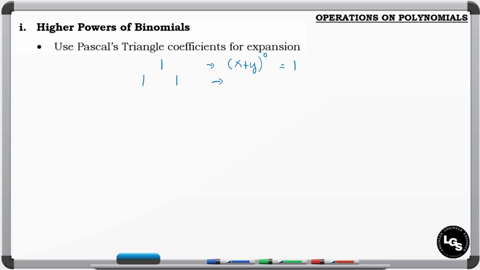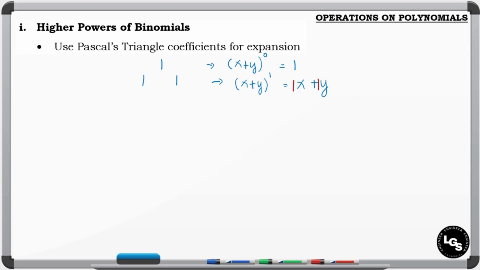So for this second layer, this is for a binomial with an exponent equal to 1. So if we distribute the exponent or if we expand this, this is also equal to x plus y. So if you will see, x has an imaginary coefficient of 1, y has an imaginary coefficient of 1. So this 1 for x and 1 for y came from here. So we have here 1, 1. So this is the Pascal's triangle coefficient for expansion. So this triangle will tell us the coefficient for our expanded form.